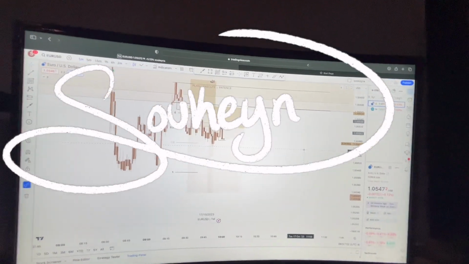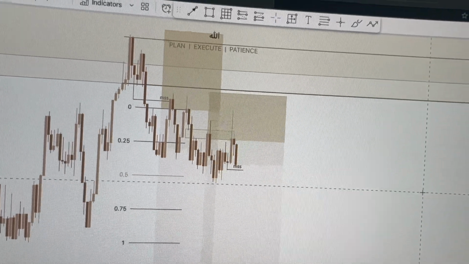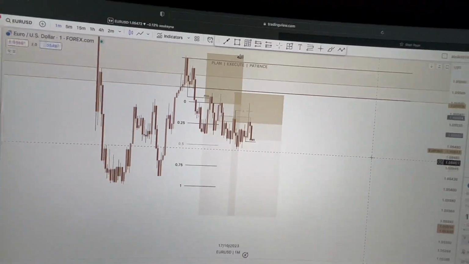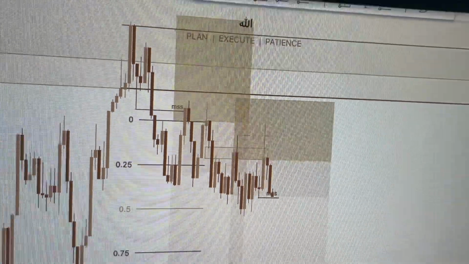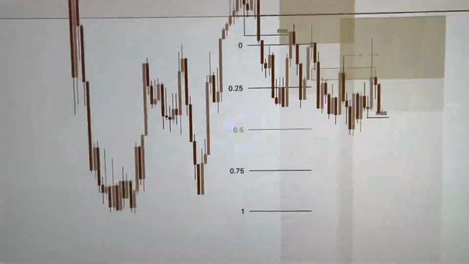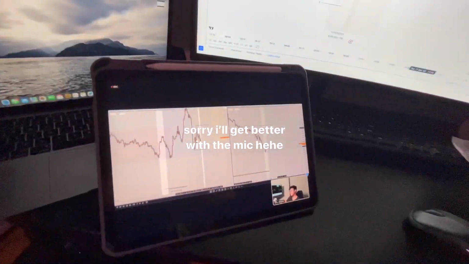So I am currently in one trade and have two positions open. Today is Tuesday, October 17th. The market's pretty ugly. Look at how this is moving. Been holding it down so far. However, I am also on a call, and again, hold on. I don't know if it's obvious, but